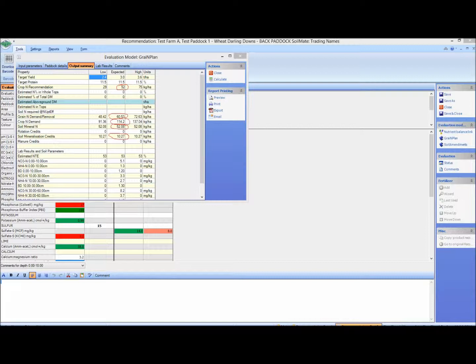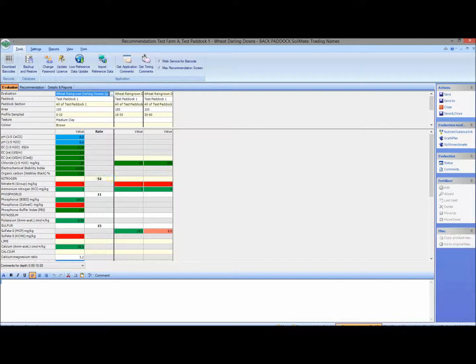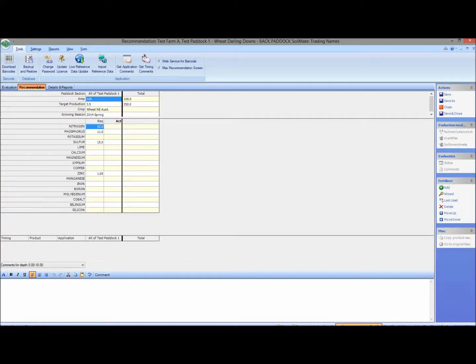We'll now come across here and we can calculate that, but it's already been calculated. We can close that down and there's the 52 there. Okay, 52 of N, 11 of P, 15 of sulfur and 1 of zinc. So we hit the recommendation tab now. We should see that 52 kilograms of N has come across, 11 of phosphorus, 15 of sulfur and 1 of